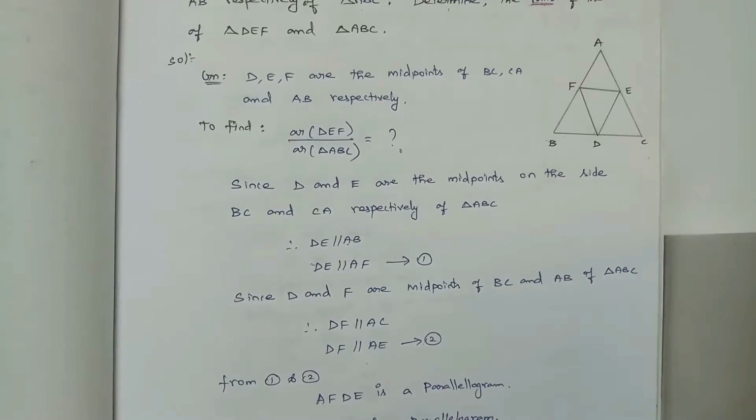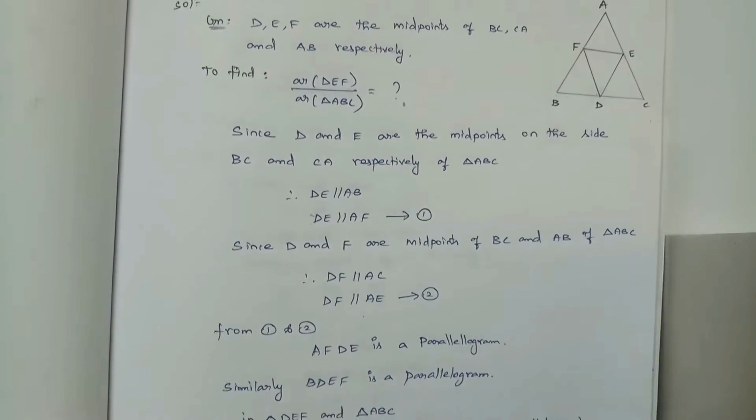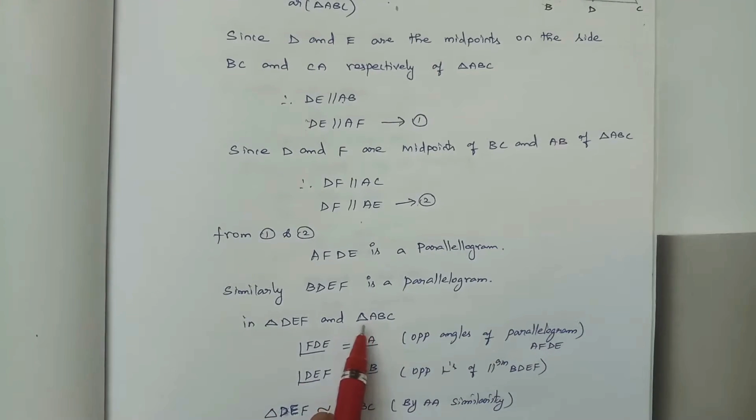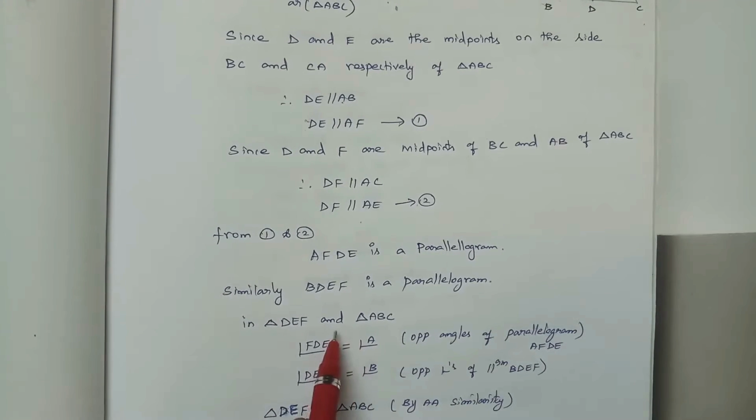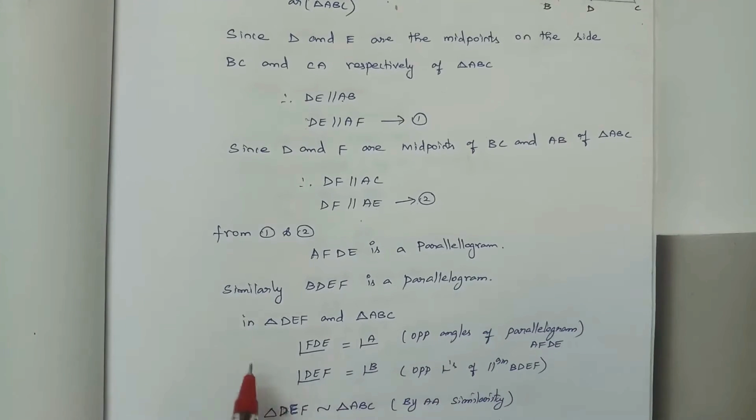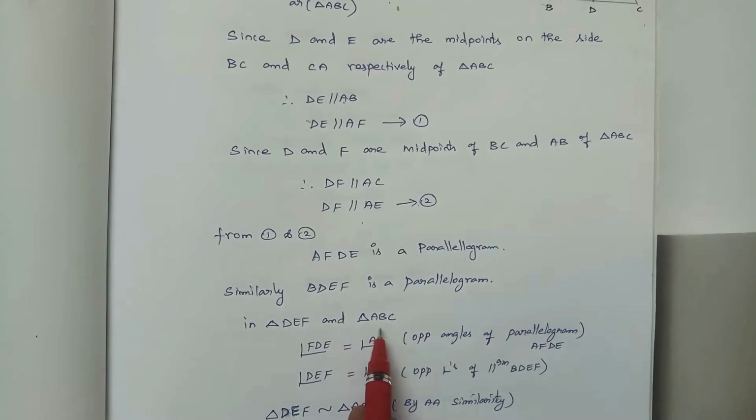Now I'm going to take two triangles, triangle DEF and triangle ABC. I'm going to prove that these two triangles are similar. If these two triangles are similar, then by using the area ratio theorem, we can find the ratios. So in triangle DEF and triangle ABC,